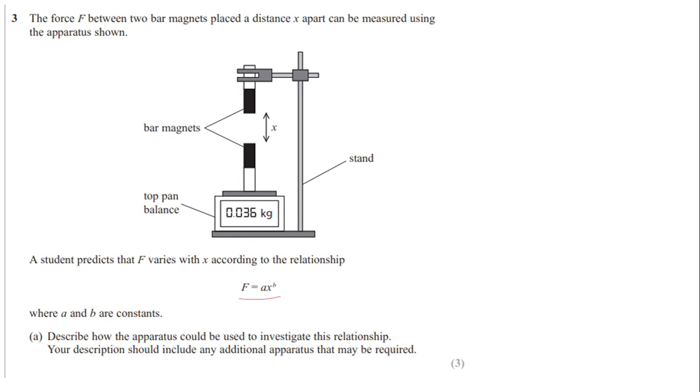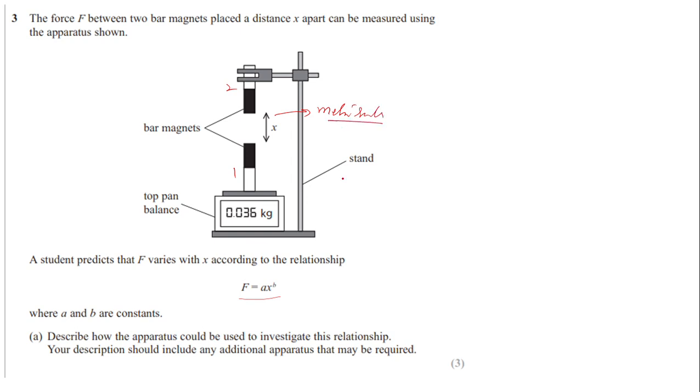Yes, so you can say that the whole apparatus can be used in a way that first the mass of this first magnet, I'm calling it magnet 1 and then magnet 2. First we measure the mass of magnet 1 without magnet 2, and note down the initial mass of the magnet, and then we put the second magnet, and then we measure the distance with the help of a meter rule.